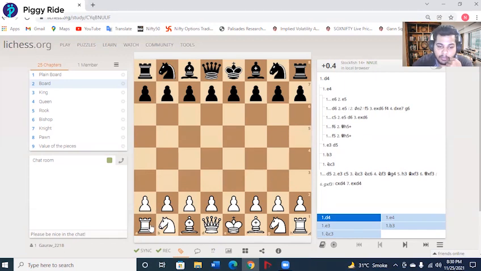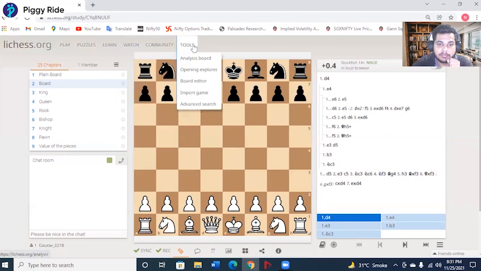And above all the major pieces, there'll be your pawns. Those will be in the front lines. So the pawns are always initially on the second rank and on the seventh rank. If you're playing as white, your pawns will all be placed on the second rank. If you're playing as black, your pawns will be on the seventh rank.